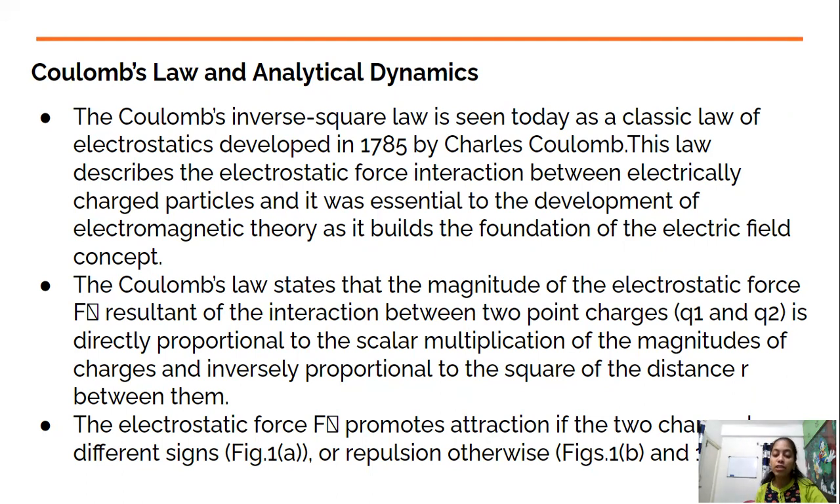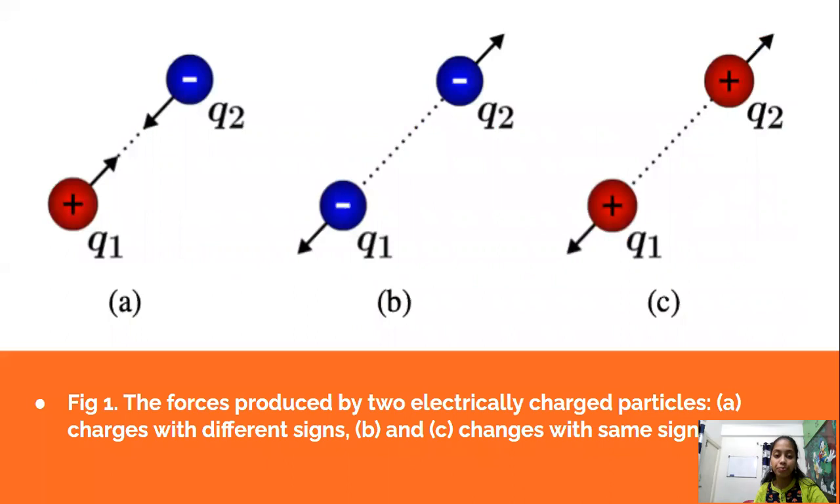The electrostatic force F promotes attraction if the two charges have different signs. Here we can see the figure of Q1 and Q2 with different signs: plus minus, minus minus, plus plus. So when Q1 and Q2 have opposite charges, they attract each other, and when they have similar charges, they repel. Figure 1, the force produced by the electrically charged